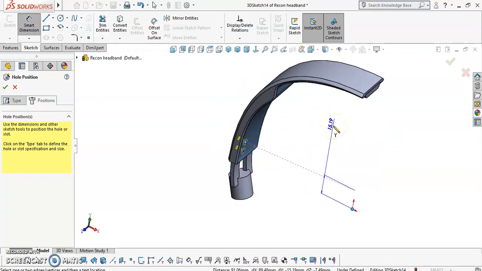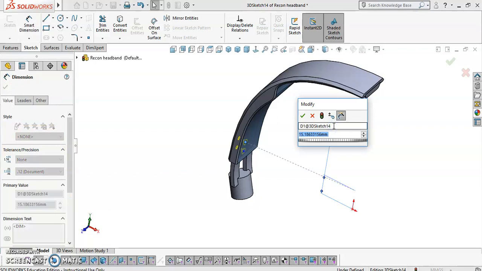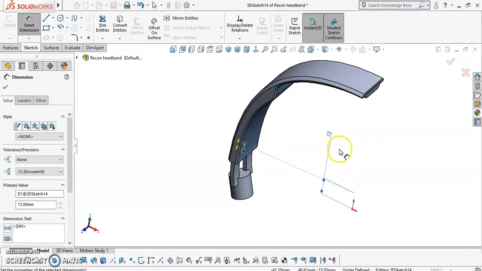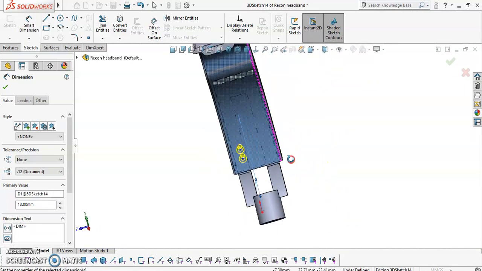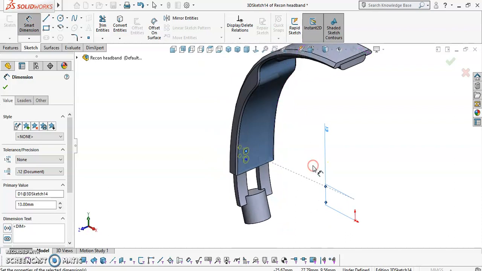This is the vertical distance from the origin straight up. So I'm going to select this here and define that as 13 millimeters. So that's the height up from the origin that the hole is, the altitude up from the top plane that the hole is. Now the next one I'm going